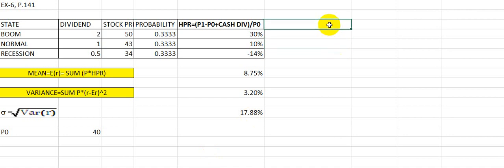Now part B says, calculate the expected return and standard deviation of a portfolio invested half in Business Adventures and half in treasury bills. Okay, so again, the expected return is equal to,